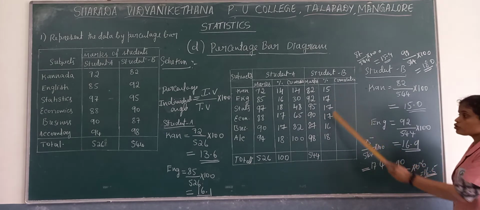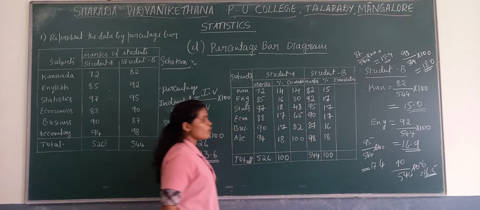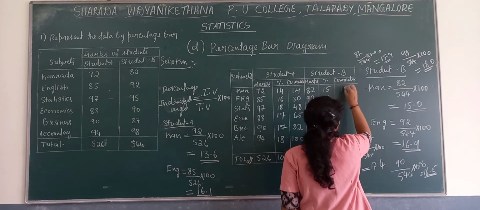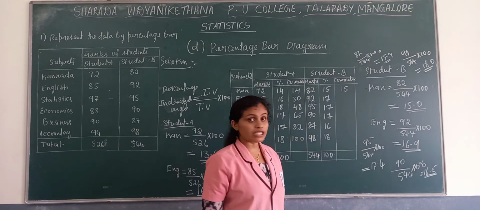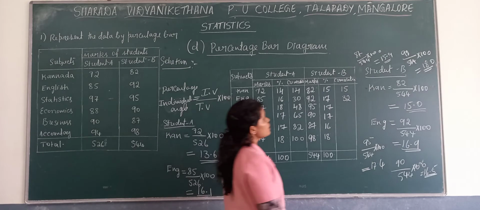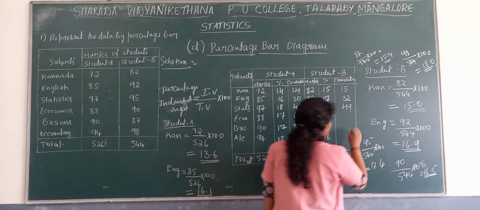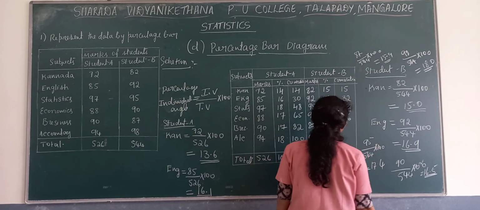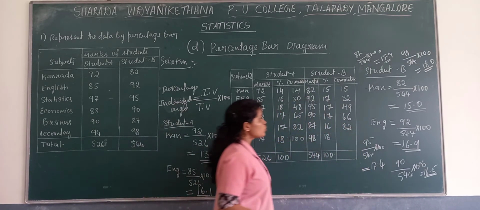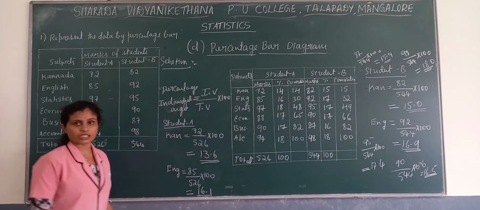Now, when you make the total, here also you need to get the percentage as 100. Now what do we need to make? We need to make the cumulative value. First one is 15. 15 plus 17, then it is 32. 32 plus 17, it is 49. 49 plus 17, here it is 66. 66 plus 16, then we get 82. 82 plus 18, we get 100. So with this we completed the table.